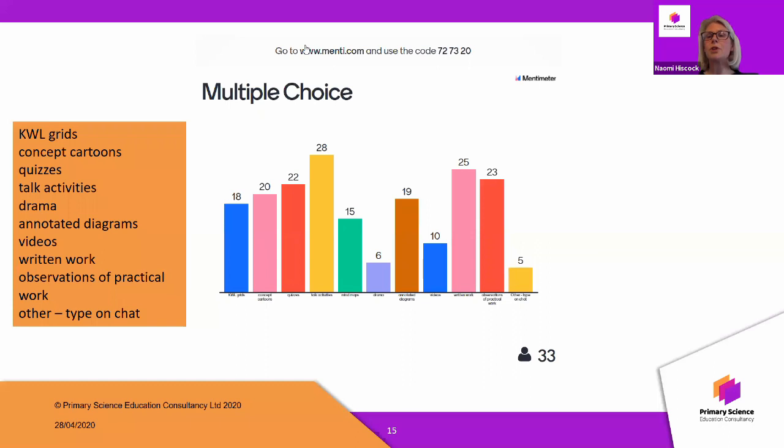Whereas with our more able children, we want to encourage them to think more broadly. And so those open-ended questions will give that opportunity for them to think much more deeply. So Amanda's posted there about floor books for the whole class. And this may be something that other people can chip in their thoughts if you do use floor books, how you use them and what you see the benefits of them.